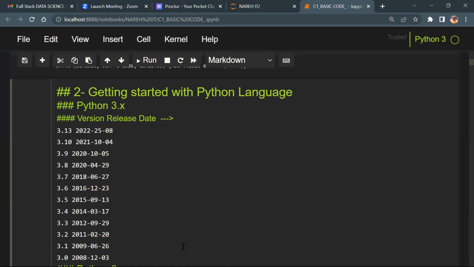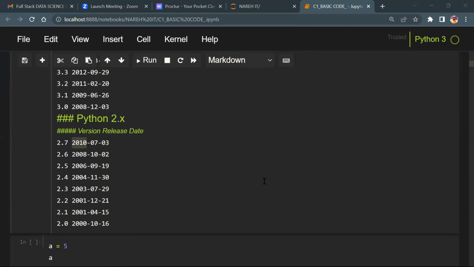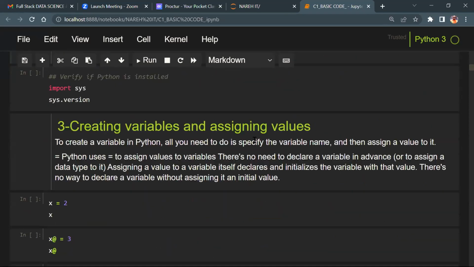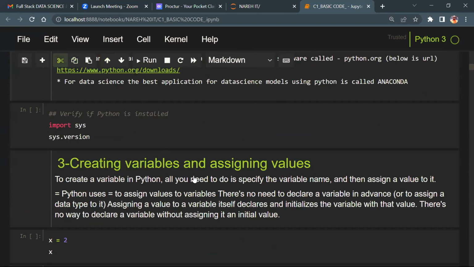And how to check the system version? Just check import sys. Yes, Satya, I will show at the end of the day how to install. I will explain once again how to install Anaconda, at the end of the session. Let me talk about the two major versions of Python in active use. Currently, in companies and organizations, the active version is 3.x. X means 3.2, 3.3, 3.4, 3.5, 3.6, and 3.7. Understand, team? Okay. Now, let's talk about very important things, guys.